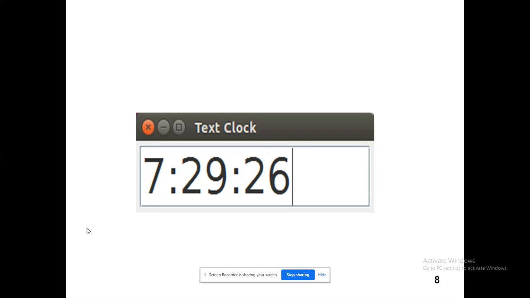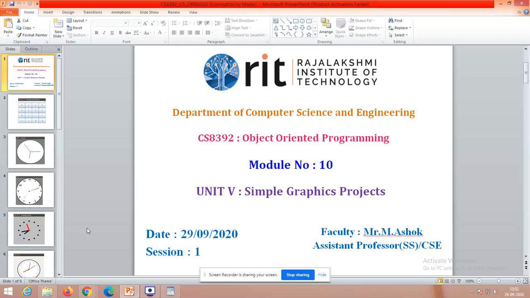Printing the clock in the text box is something different, because a text box supports your data in terms of strings only, right? So in that case, how are we going to provide that? These are some of the problems being asked in competitions. From that only I have retrieved this, right? So let us see the code. Let us see the code for these clocks also.